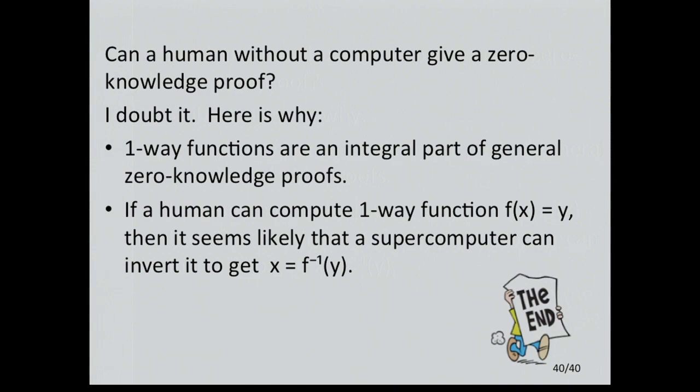And here I'm giving why. I mean, I don't think a human being can compute a one-way function. It's sort of very much like a human being can multiply 2 numbers in their head, but the numbers you can multiply in your head can be easily factored. I don't believe a human can. So I think zero knowledge proofs are out of scope. But again, I don't have proofs. Anyway, that's what human computation is about. And that's it.